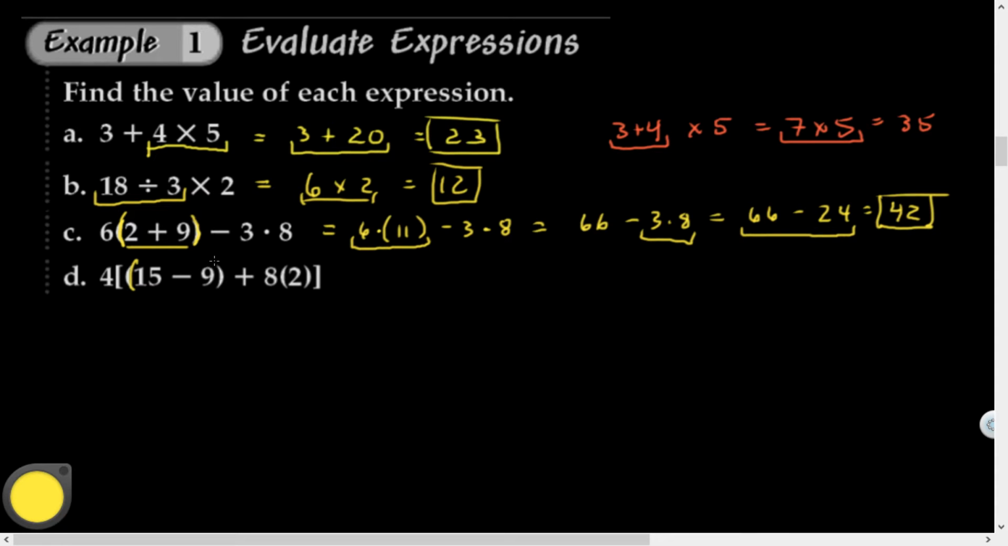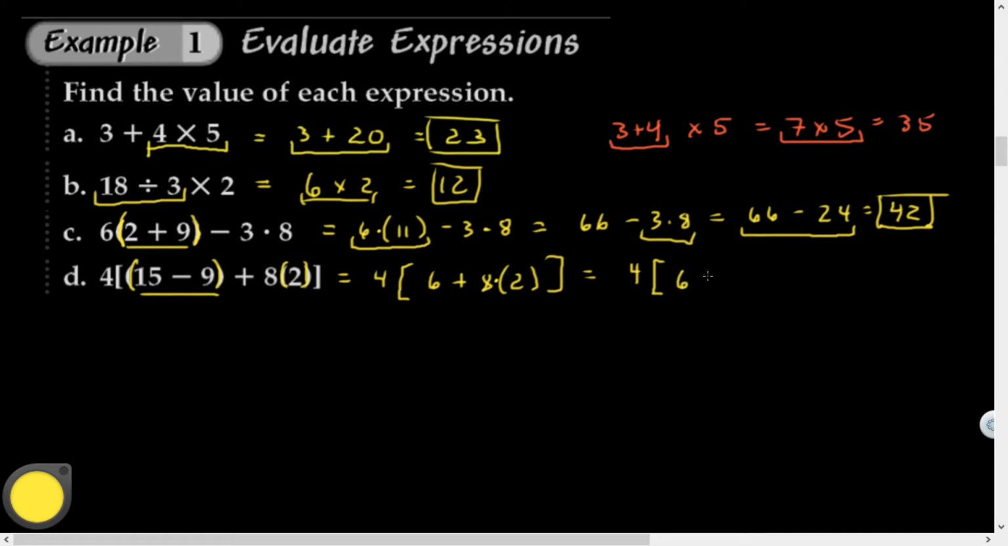Yeah, so this is the innermost parentheses. This one's equally inner, but this one has no operation there. So I'm going to do 15 minus 9. I agree. So this equals 4 times brackets. 15 minus 9, what's that? 6 plus 8 parentheses 2 brackets. 8 parentheses 2. What operation is implied there? Multiplication. That's what's implied. So working inside these brackets now, 8 times 2 is